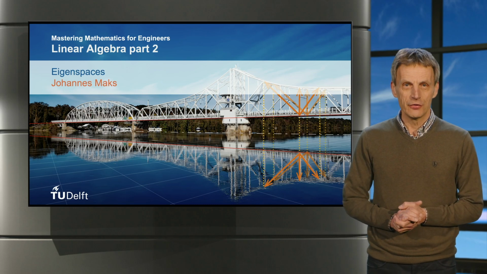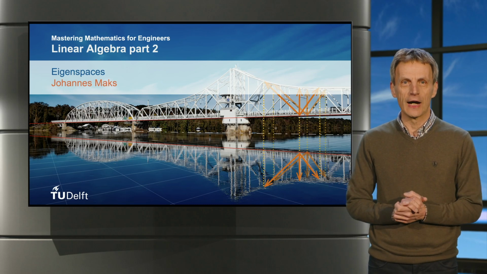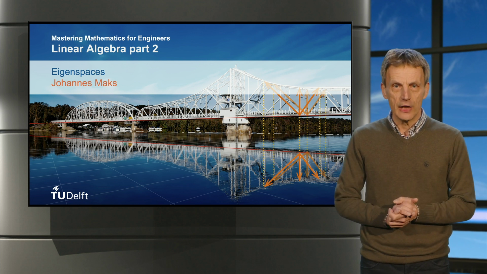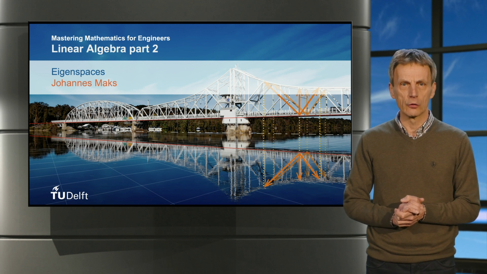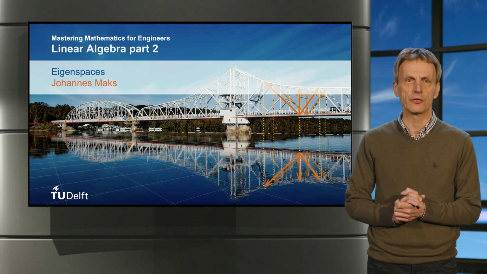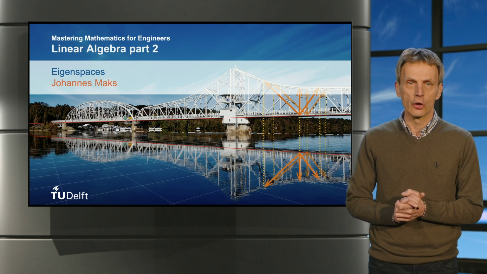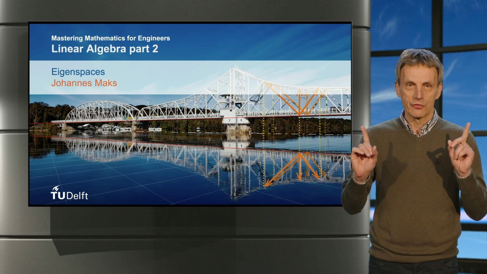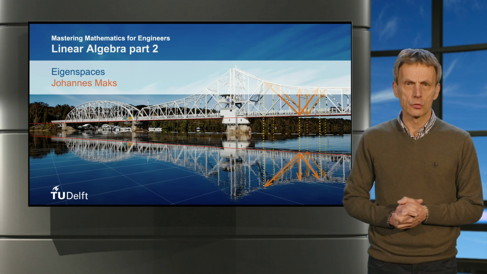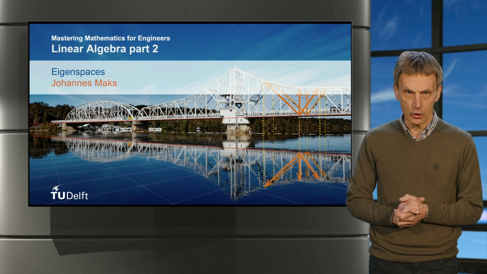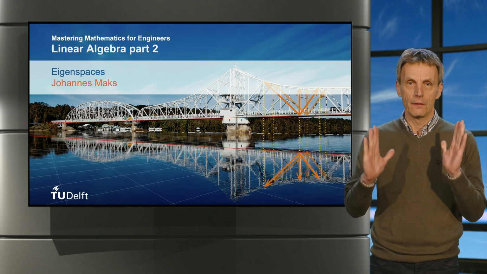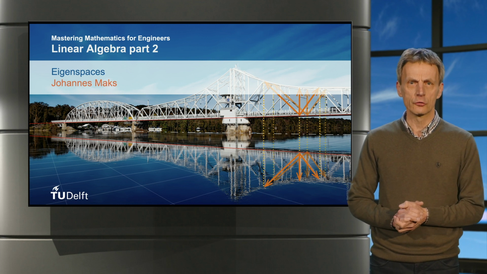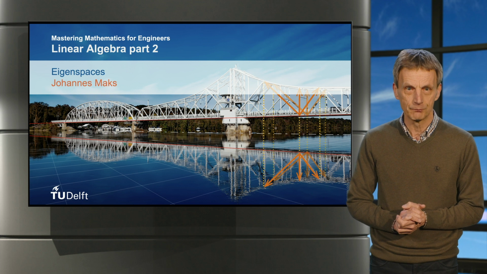Hi! In the previous video we introduced the concept of an eigenvalue and an eigenvector of a square matrix A. Given a matrix A, you have learned how you can check whether or not a given vector is an eigenvector of A and how you can check whether or not a given number is an eigenvalue of A. We have not yet paid attention to the actual computation of eigenvectors that belong to a given eigenvalue. That's what we're going to do in this video, and by doing that we will run into the concept of an eigenspace of a matrix.